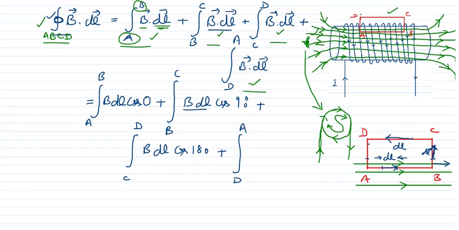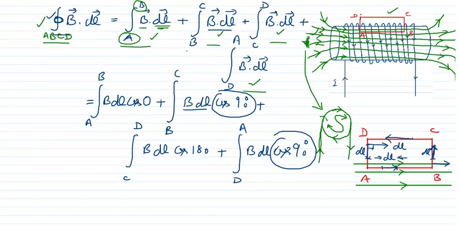Now on this portion, this will be the dl and it is in the downward direction, and the magnetic field, you can see, is in this direction, this will be B dl cos. How much will cos be? Again the magnetic field is along this direction, dl is along this direction, the angle is again 90 degree. So you can see here it is cos 90 and here it is cos 90. So therefore these will become 0. So therefore the line integral of the magnetic field over the path BC and over the path DA will become 0.